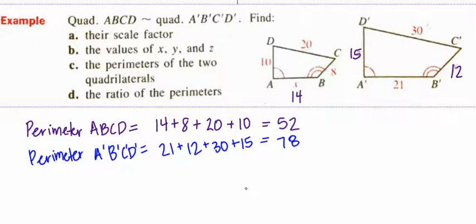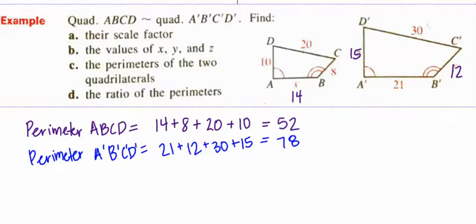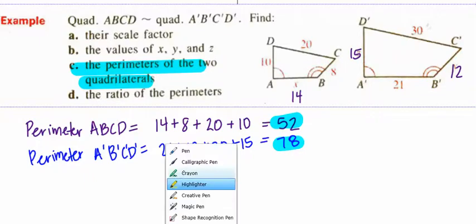So there's our perimeters of the two quadrilaterals. I'm going to highlight that. So the perimeters of the two quadrilaterals are 52 and 78. And the ratio of the perimeters